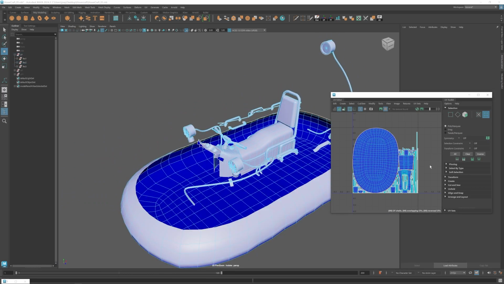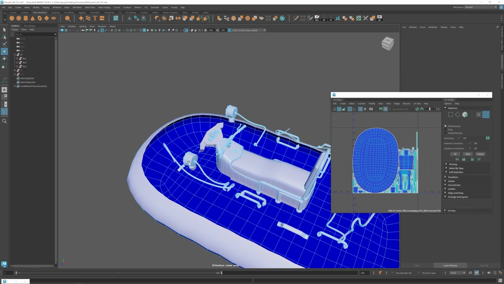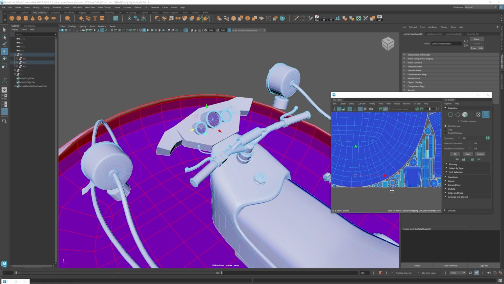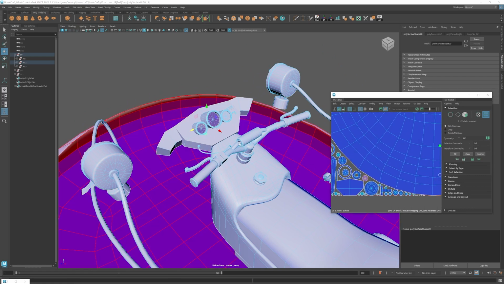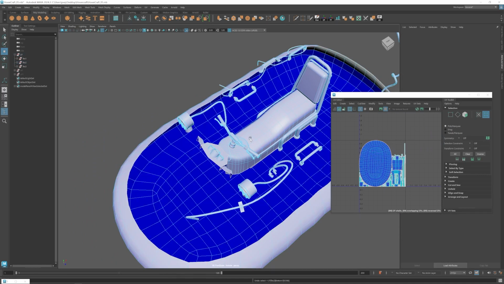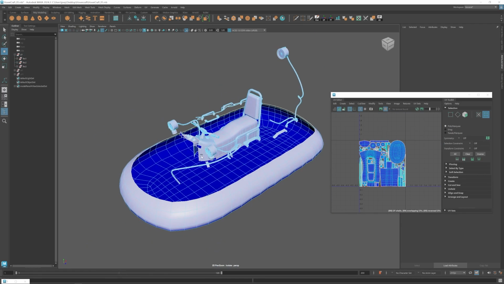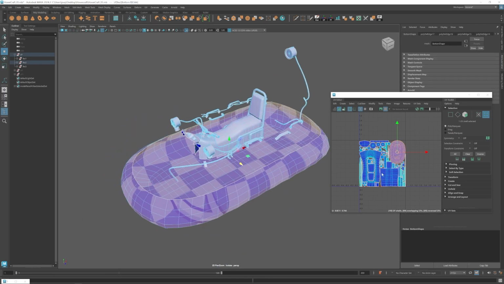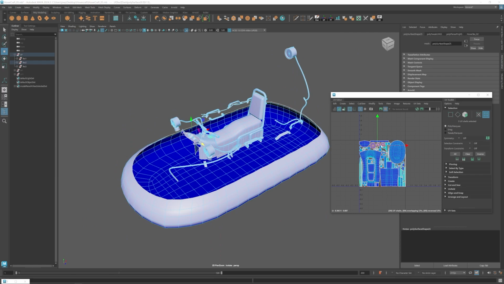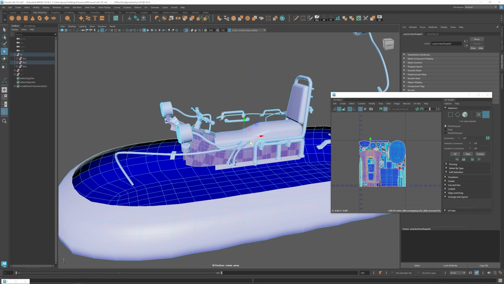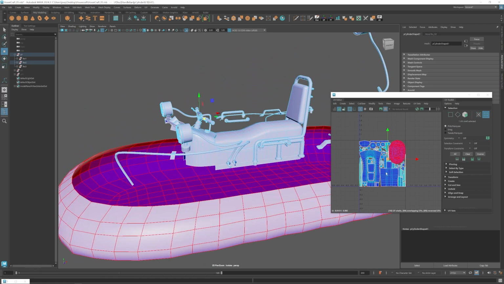Now, of course, on paper, that sounds nice, having all your texel densities the same. But in this case, it actually would have worked against me because I would have very little resolution on these gauges, if you can see how small it made them. And I have also a lot of wasted space up here. So what I did was just make sure to enlarge the shells that are more important. I didn't need this to be that detailed because you're never going to see the bottom. And I also, like I said, wanted these specific gauges to be a little bit larger so I can get more detail on them. Now you can't always do this, it really depends on the model and the project, but